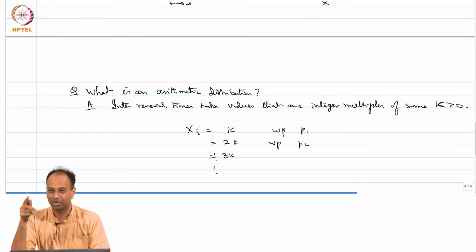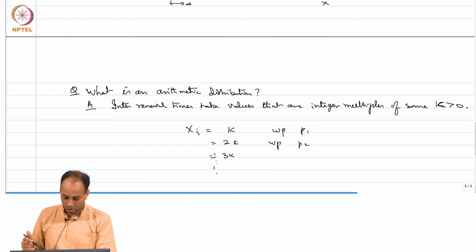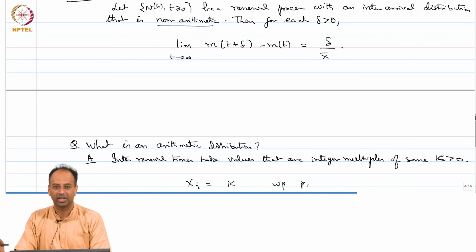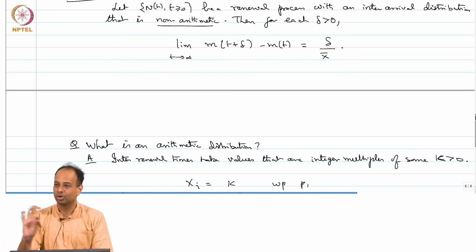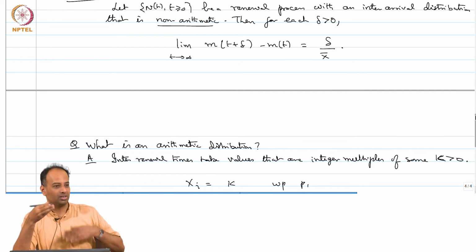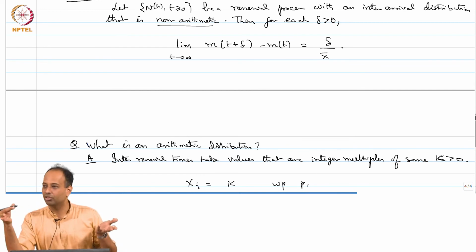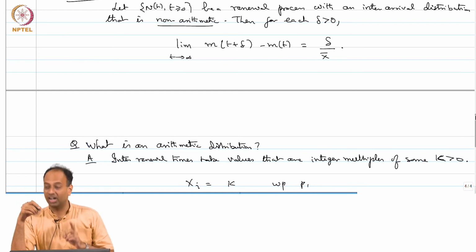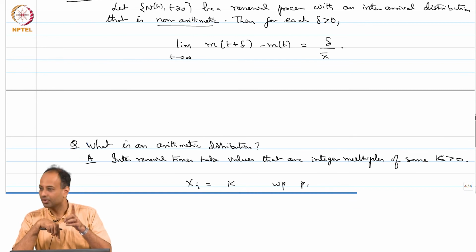It is a discrete distribution, but not an arithmetic distribution. Is that clear? So, Blackwell's theorem concerns itself with the case when the distribution is not arithmetic. If it is arithmetic, it has no chance of holding, because this t plus delta may not include a kappa multiple in it, and therefore, it falls apart, right. But if the distribution is not arithmetic, even if it is like 1 and root 2 or something like that,